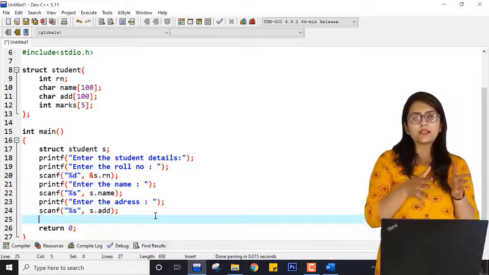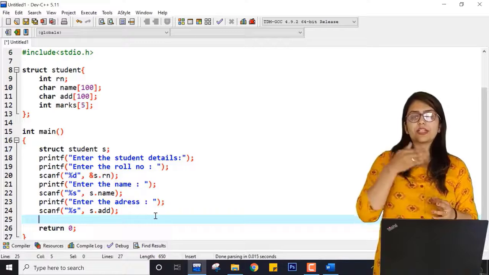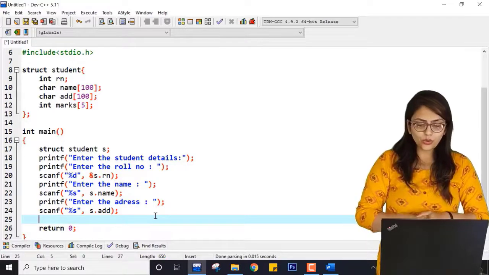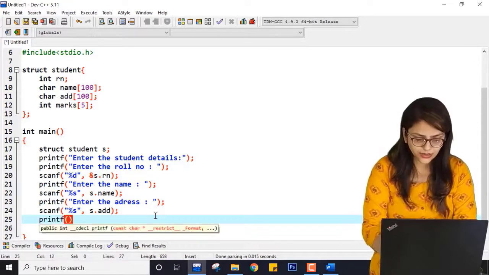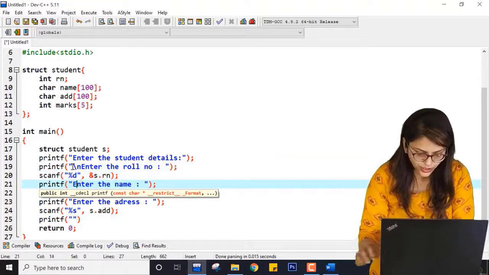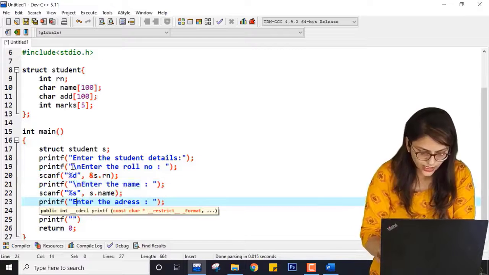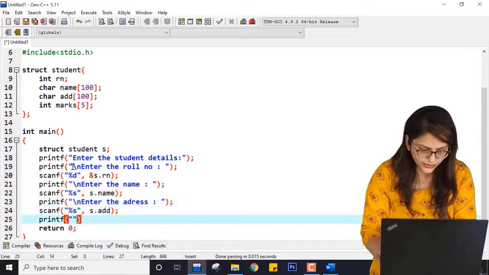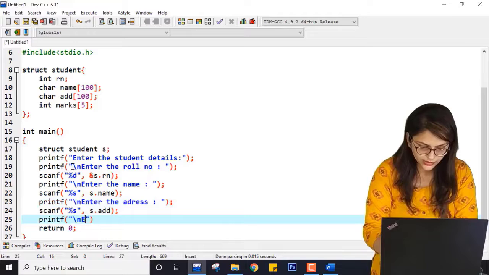Now you know that marks are for 5 subjects, that means I have to take marks 5 times. So will I enter something like this? I'm showing you what I'm going to enter. Here it will be backslash n, here backslash n, here backslash n, and here also backslash n.